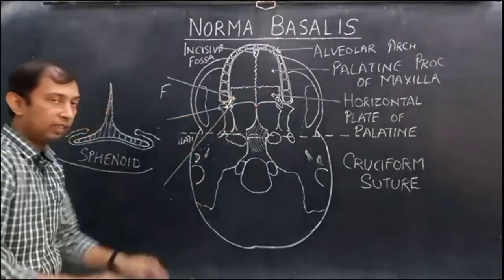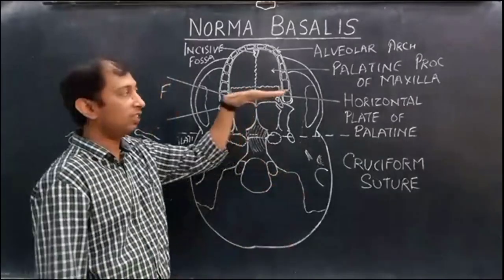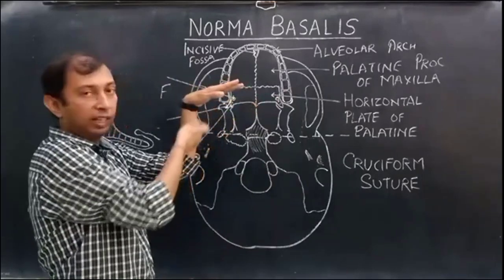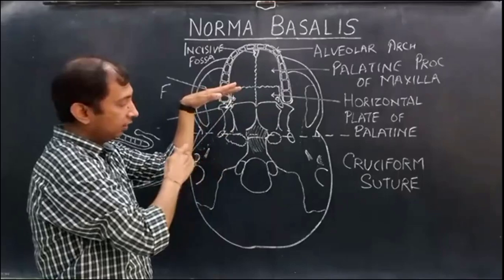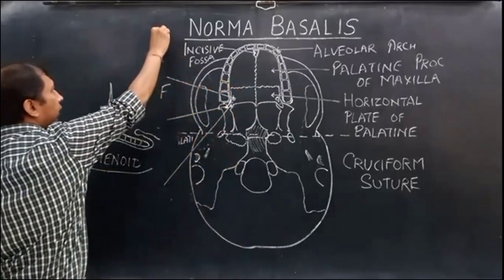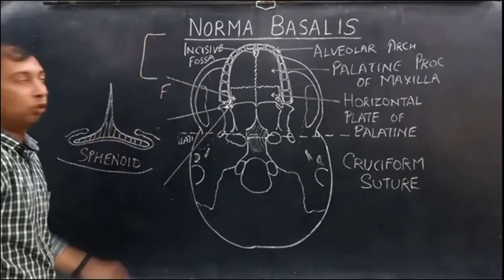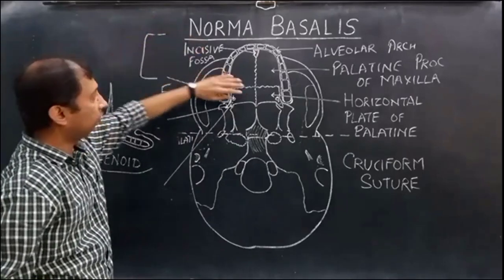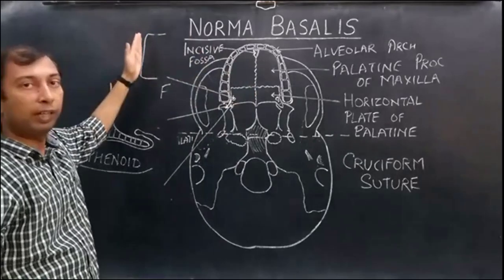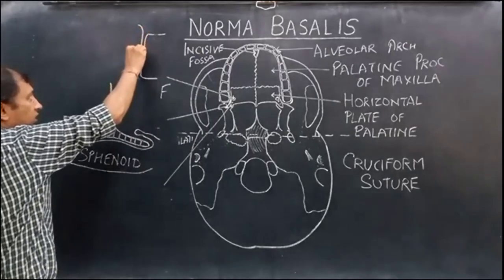The palatine bone is not simply a flat plate. It has a flat or horizontal plate, a vertical plate, and again another process, so it is actually pyramidal in shape like this. This is the horizontal plate which we are seeing here. Then there is a vertical, perpendicular plate which is adjoining this